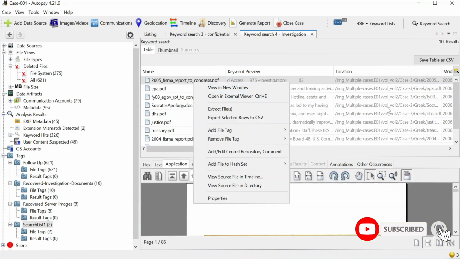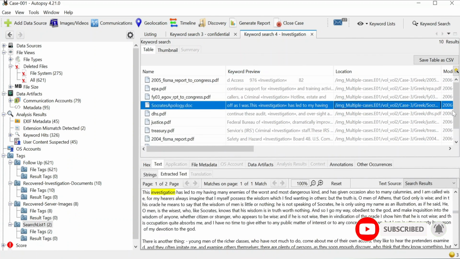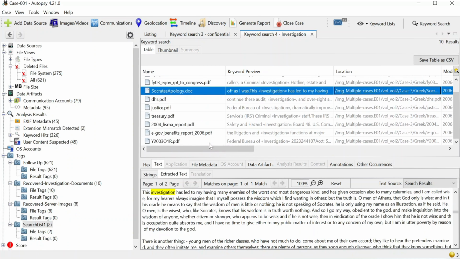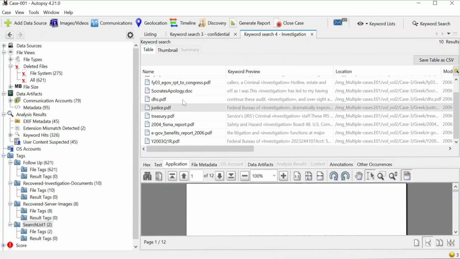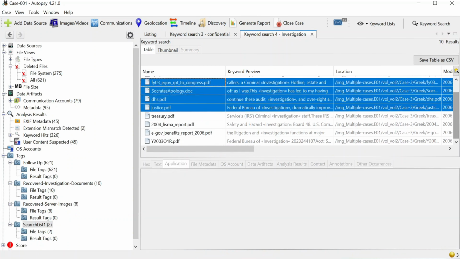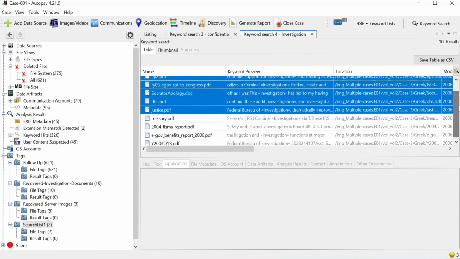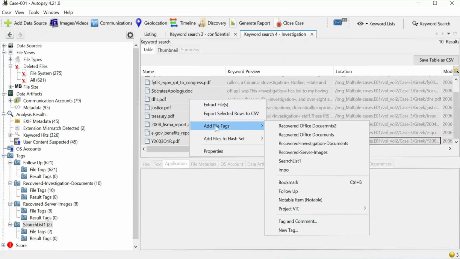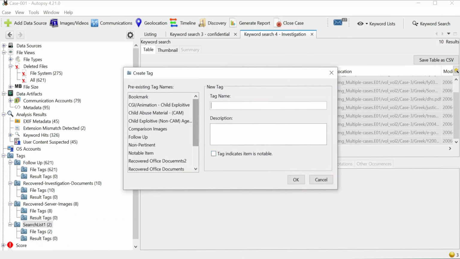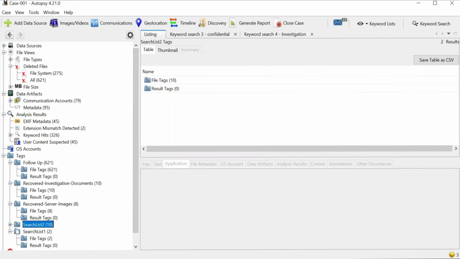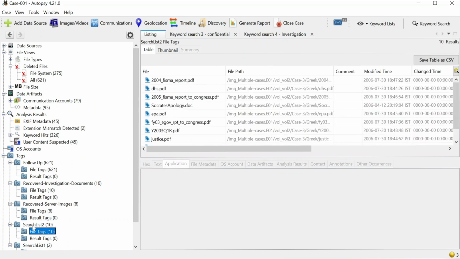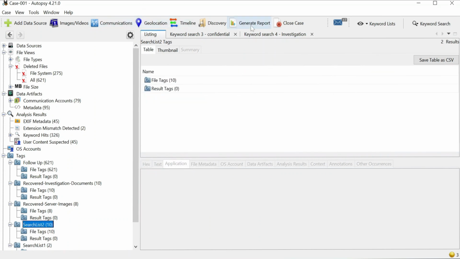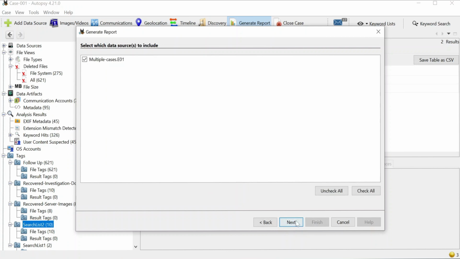You can also select all these files and tag all of them. Right click and select the files one by one, or you can use Control A, right click, and make the new tag. So I'm making the search list 2 tag, so that folder will be available, and the 10 files are tagged in this folder. Then you can generate the list,